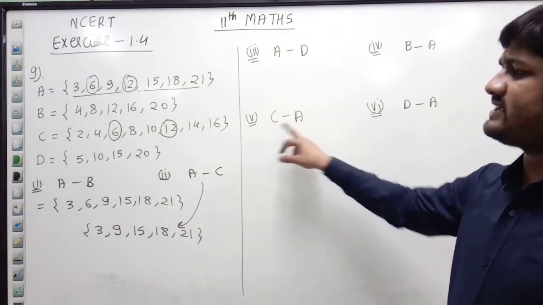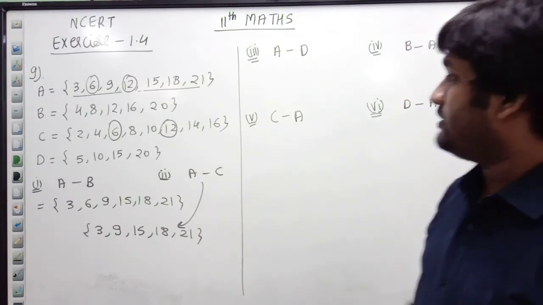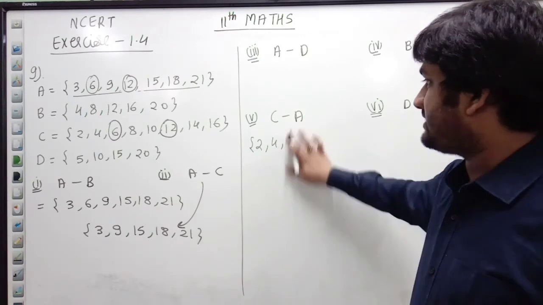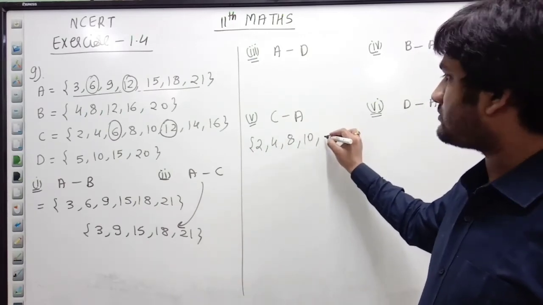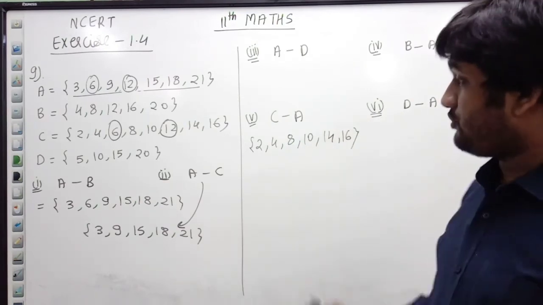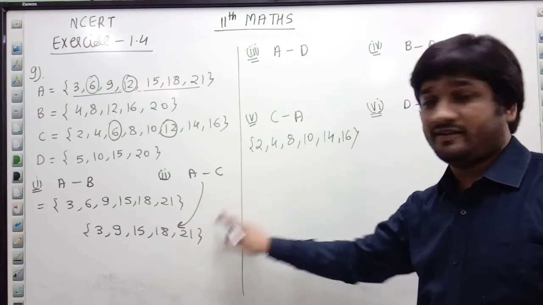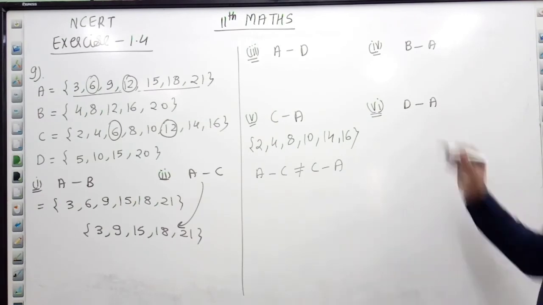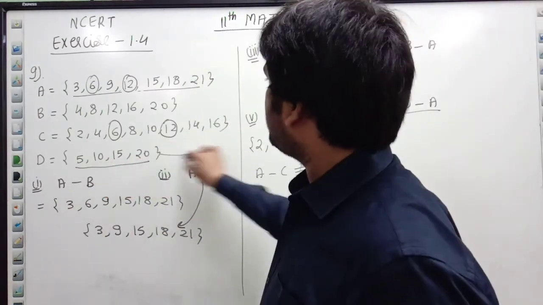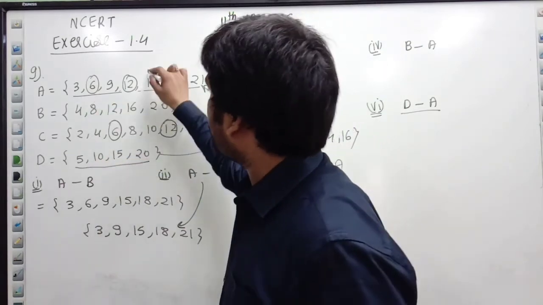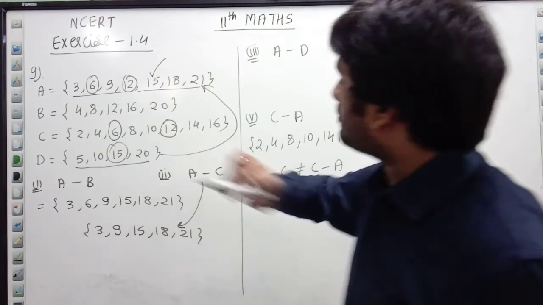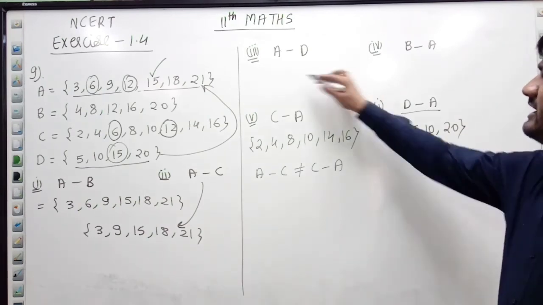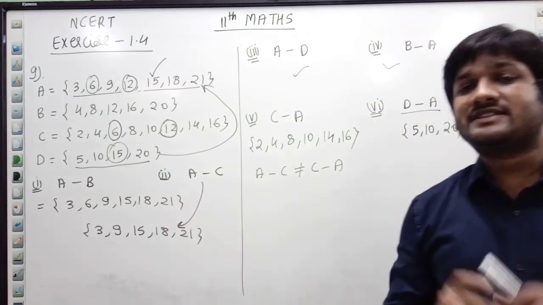जैसे मुझे सपोज मैं C minus A लिखता हूँ, अभी A minus C करा ना, अब C minus A लिखो। C के एलिमेंट कॉमन वाले नहीं लिखना है, ये दोनों नहीं लिखना है। 2, 4, 6 नहीं लिखेंगे, 8 कॉमन एलिमेंट्स will not write. 14, 16। अच्छा, you can also see A minus C और C minus A इक्वल नहीं है, राइट? तो ये क्लियर होना चाहिए, डिफरेंस में ऑर्डर मैटर करता है। Now if I talk about D minus A, D minus A देखो इसके एलिमेंट्स इसमें है क्या, 5, 10, 15, 20 और 15 है, 15 वाला एलिमेंट है और कुछ नहीं है। So we can write 5, 10 and 20, remaining we can solve similarly, right? So difference is clear to all of you.